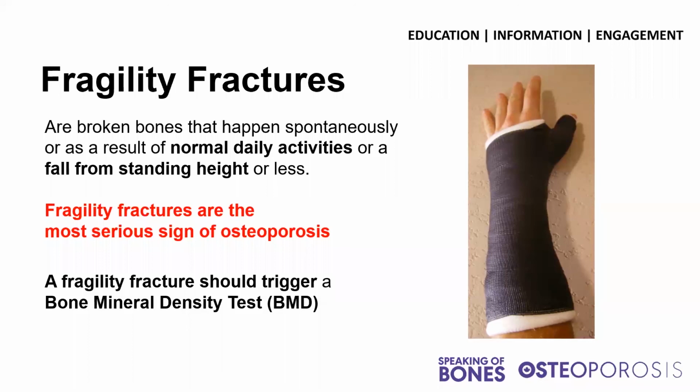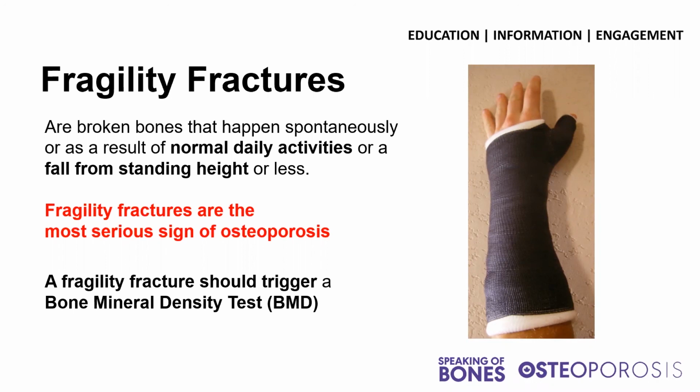So a fragility fracture can happen with something as simple as slipping or tripping or a fall from standing height or less. It could also be from something like bending down to pick up an object, making a bed, or coughing and sneezing. A fracture in one of these instances isn't typical and could be a sign of osteoporosis. And a fracture is one of the most significant risk factors for predicting future fractures. So this is why it's important to get that checked out so we can try and prevent future fractures.